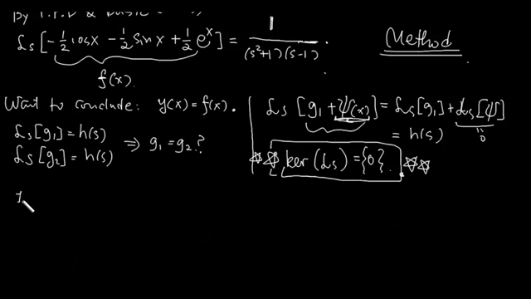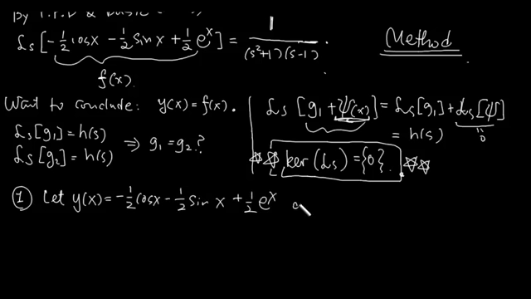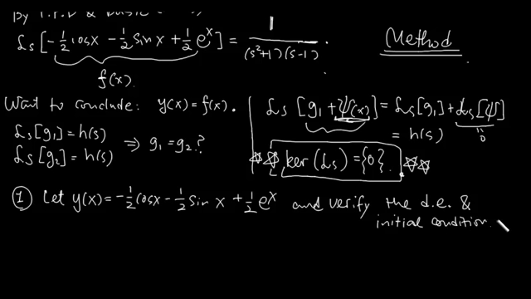So here are two ways to conclude. First, let y of x be that function, negative 1/2 cosine x and sine x, positive half e to the x, and verify the differential equation and the initial condition. It's not writing very well right now. Okay, did that. Or second, we use that theorem,